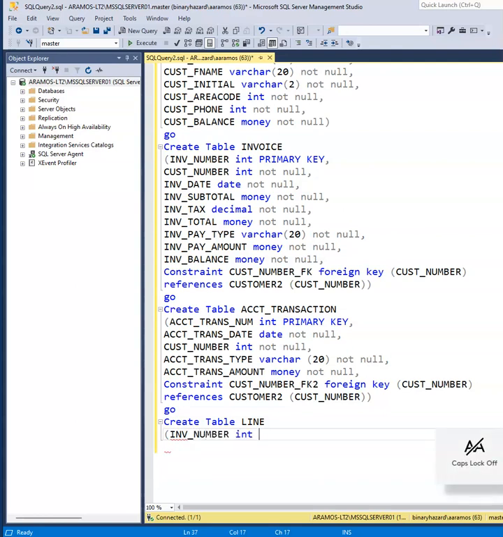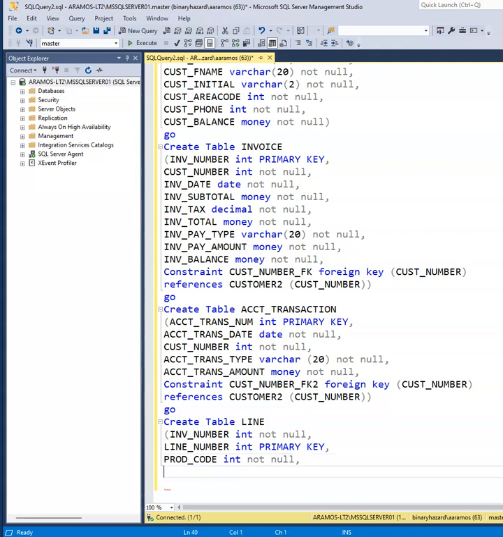Number, integer, not null, and then the next one is going to be line number, also an integer. This is our primary key. And then our next one is product code. Just going to type this out as integer, and then line units, also integer, not null,